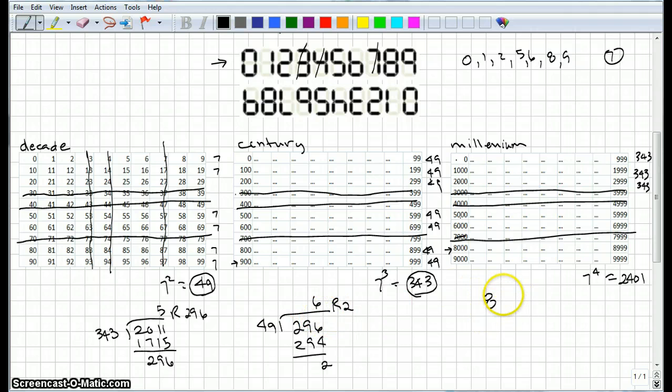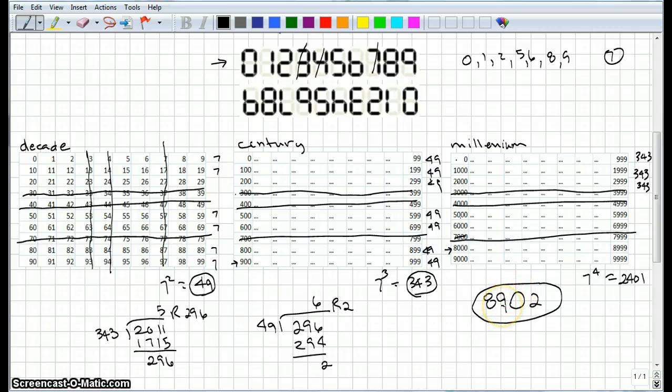So this was our thousands place. 9 will be our hundreds place. All right. So we have a remainder of 2, so we're going to be 2 into another decade, and 2 more. Now this looks like it's going to put it at 1, but we have to remember that we started with 0, and our problem told us to start counting at 1. So 1 is the first number, 2 is the second number. And if that's the case, then that puts us at 2. So we don't go through any full decades, and then we have 2 more. Okay? So this is our answer,